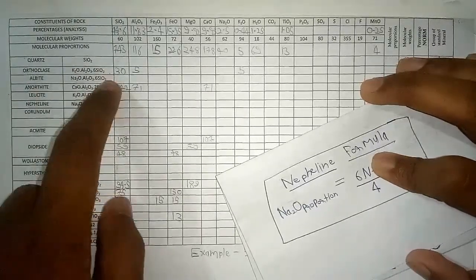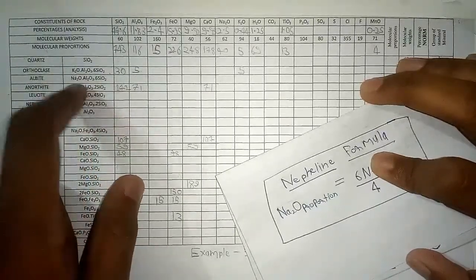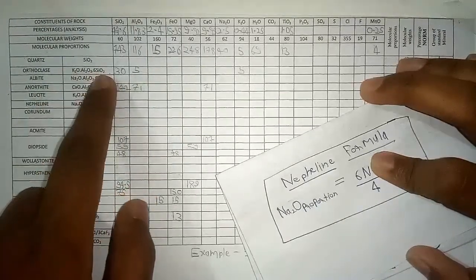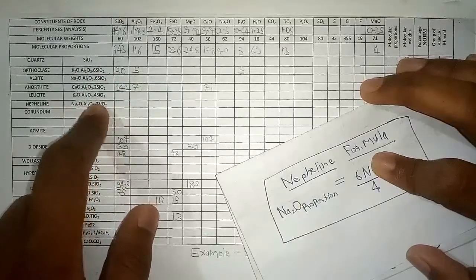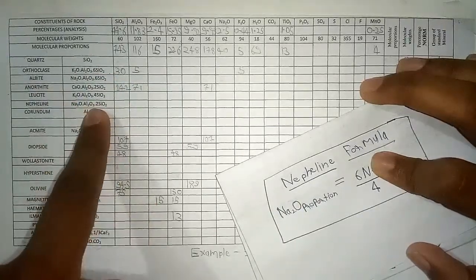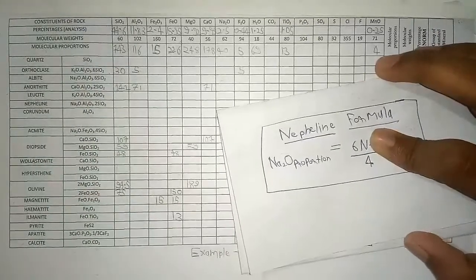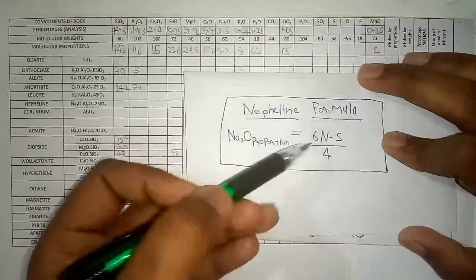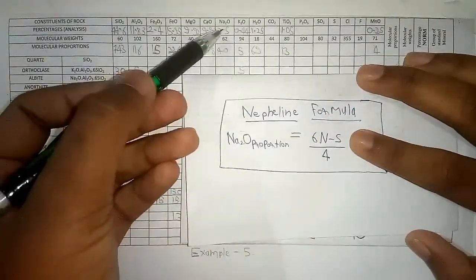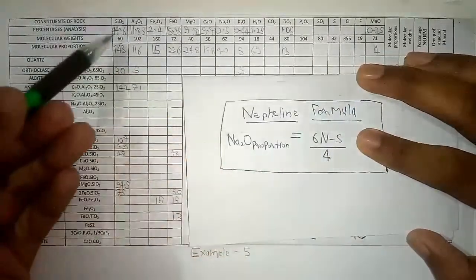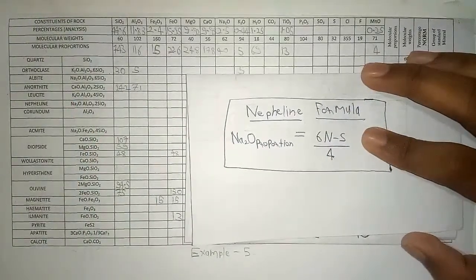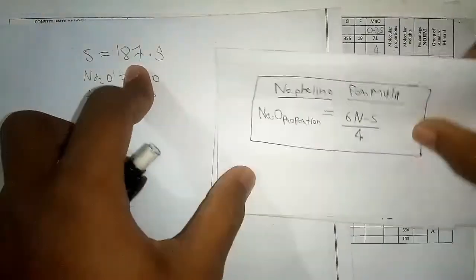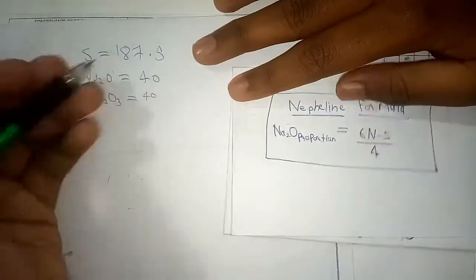And you know why we are making nepheline now? Because in albite, the ratio is 1:1:6. So when we take 1 Na2O, we have to take 6 SiO2. But in nepheline, when we take 1 Na2O, we have to take only 2 SiO2. So this will help us to reduce our silica deficiency. This is the formula. Here N is the remaining Na2O value, and here S is the remaining value of SiO2. As I have told you, here we have the values, so I will use them with the help of this formula.